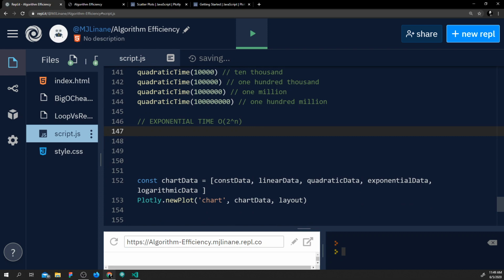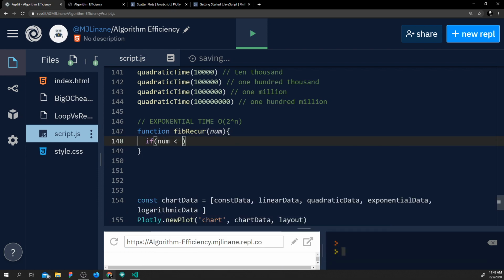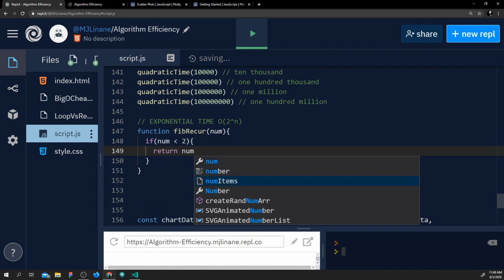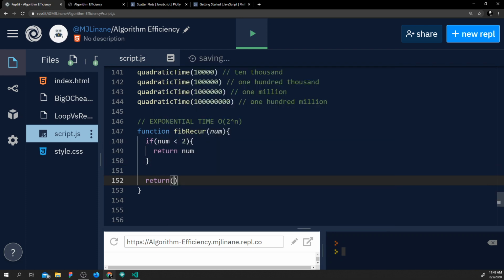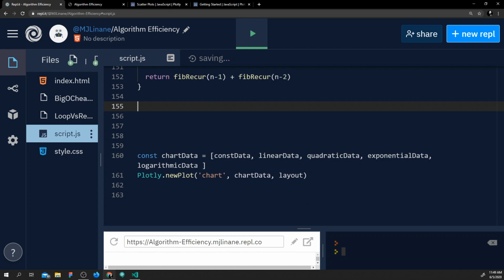Well, we have our Fibonacci sequence we did in an earlier video. So let's bring that back. Fib recur. And we'll pass in the number we're looking for. And if num is less than 2, return num. And then otherwise return fib recur n minus 1 plus fib recur n minus 2. Yes. Okay,